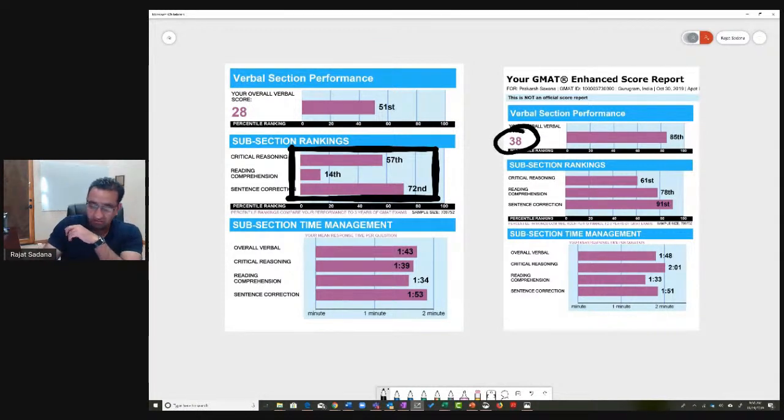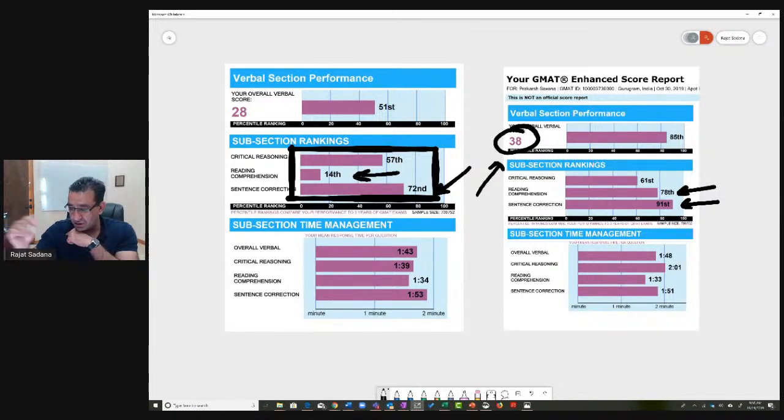He focused on RC. So he looked at this and he said, hey, this is really bad. So he focused on this, improved on that. Then he said, hey, I have an opportunity to improve SC. He improved on that. And these two things caused a 10-point improvement, got him to that score of 730. His quant score across the attempts was similar. Now,